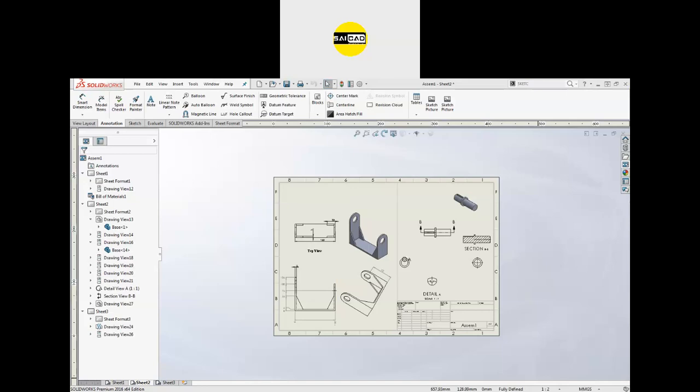Okay. So that was it for the day. Till now we have covered many commands in SolidWorks. If you want to give animation to the assembly, what do we want to do? If you want to show motion in animated form, then what do we do?